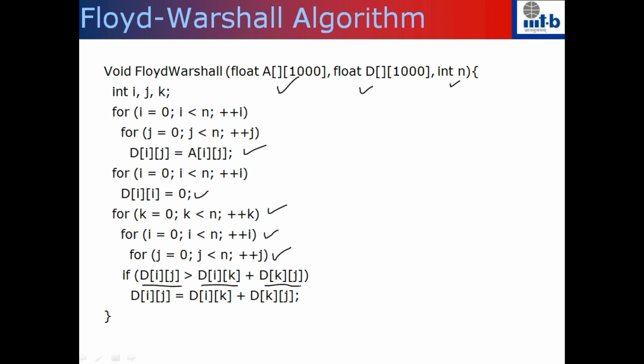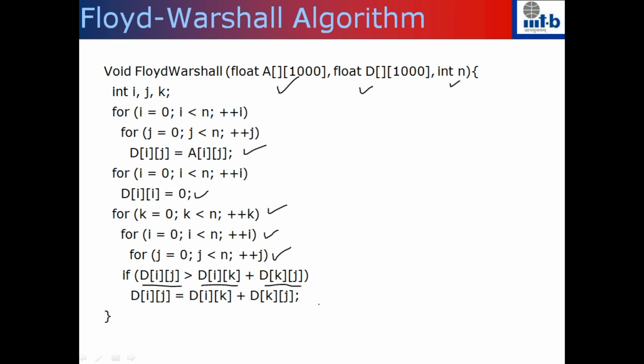Or you could write i, k, j, any of the loops, but what you have written inside will remain the same. So if you rewrite the code exchanging these for loops, in the case of matrix multiplication, you know that you get the correct multiplication. But in this case, do you still get the shortest distances correctly? This is something that you should think about and see whether you understand the Floyd-Warshall version correctly.